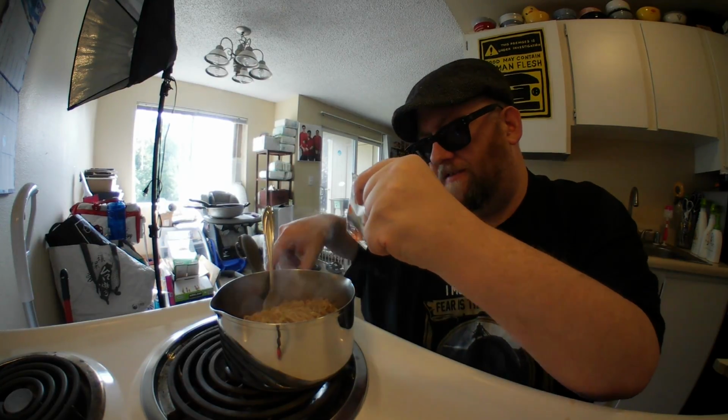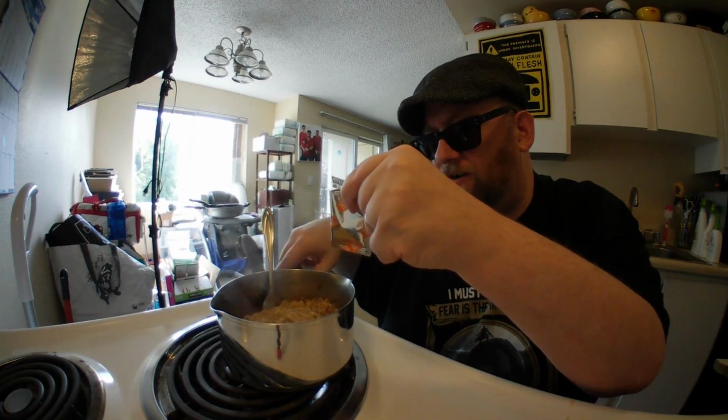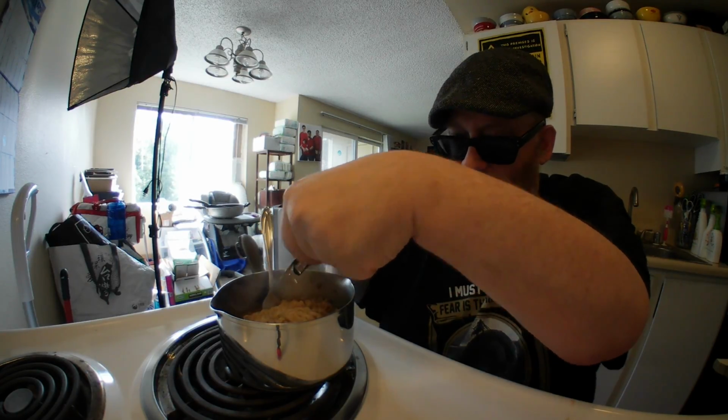And then finally, we'll have our last but not least. The problem I'm having with these, though, is when I do the plating, decent or not, I don't like to do a lot of stirring in the bowl, because then it gets all over the sides of the bowl, and that's like a nightmare on its own. I try to make it look nice and neat and clean. So when I pour it in, it's like, oh, where'd the meat go? Oh, it's gone. Where'd it go? So then I have to try to dig out the meat. And one thing I'm not a big fan of doing is digging out meat. So,